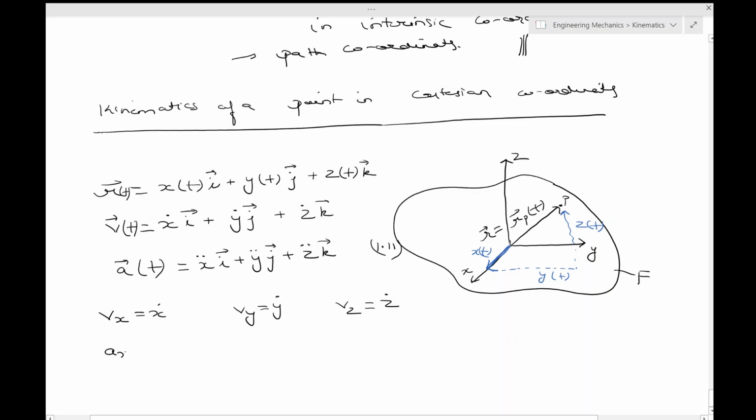Similarly, the acceleration ax is equal to x double dot. It is also equal to vx dot. Acceleration along the y direction is y double dot. It is also equal to vy dot, and az is equal to